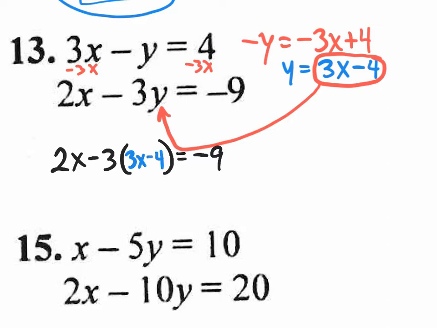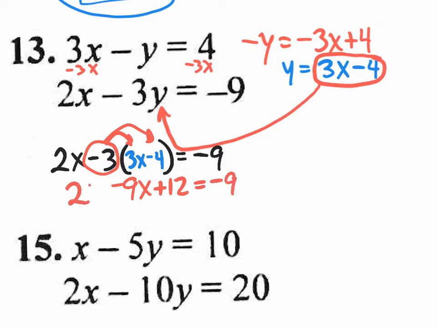So let's solve this problem by distributing. I'm going to distribute the minus 3. Minus 3 times minus 3x, that's -9x. Minus 3 times -4, that's a positive 12. We still have the equal sign, the -9, and we still have a 2x out here in front. Out of those terms on the left side of the equal sign, I could combine like terms, the 2x with the -9x. That will give me, let me rewrite my equation up here, 2 take away 9, that's a -7,